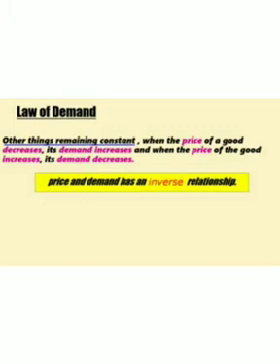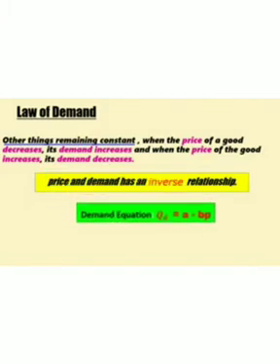This relation between price and demand can be represented in the form of a demand equation: QD is equal to A minus BP. Here QD represents quantity demanded and P represents price. Let us assume the demand equation for tomato is QD is equal to 20 minus 2P. With the help of this equation, we can derive demand schedule and demand curve for tomato.